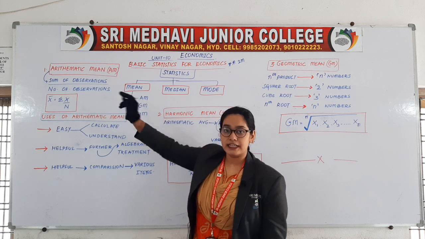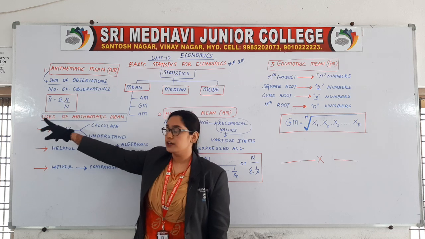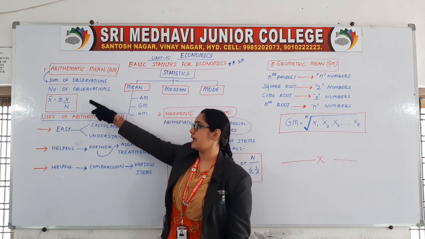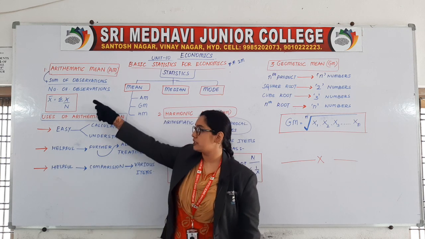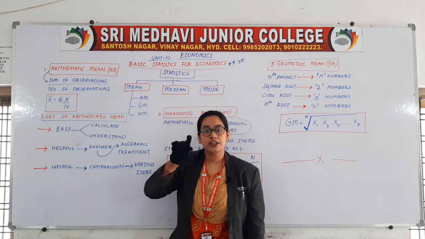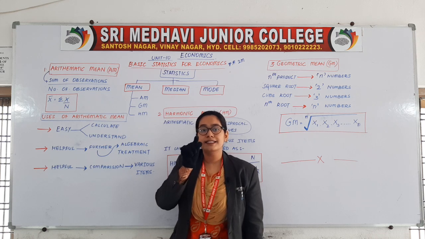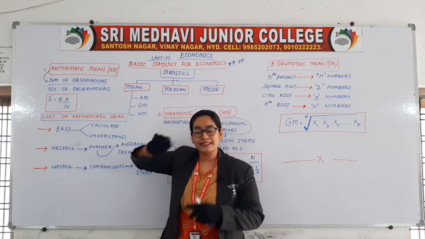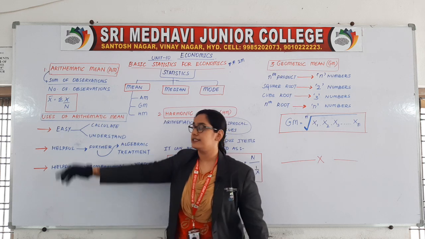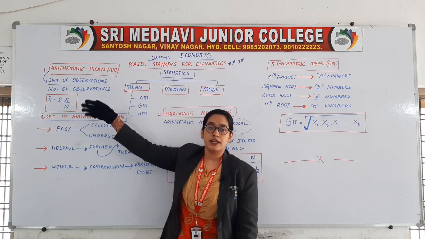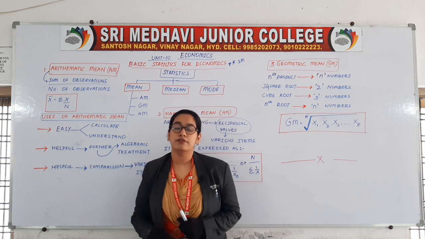So arithmetic mean is generally denoted with x bar. You can write the formula as summation x by n. You can also say sigma, you can also say summation x by n. We have done addition, right? In the numerator, 1 plus 2 plus 3 plus, so plus means summation. So x bar means arithmetic mean. So arithmetic mean can be expressed as x bar is equal to summation x by n. In simple terms, you can say sum of observations by number of observations.